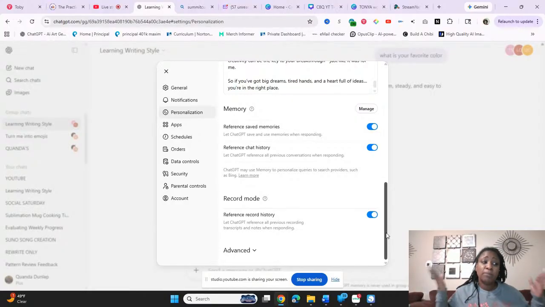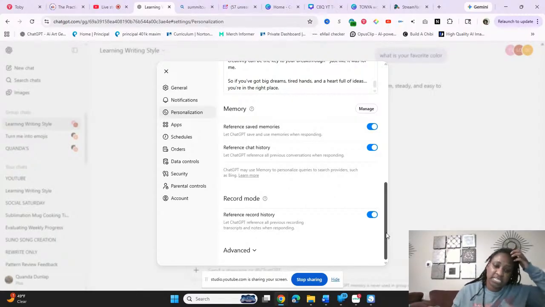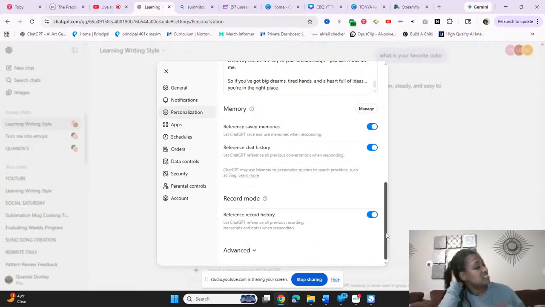If you personally do not want to do that, if you don't mind putting in your bio every time you start a conversation, if you're afraid that hackers gonna get in and hack, mind you, this is a computer. If hackers gonna hack, okay, they gonna hack.